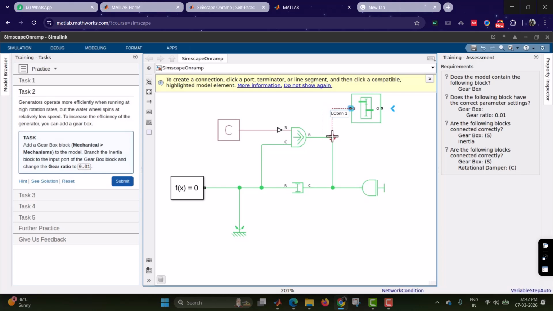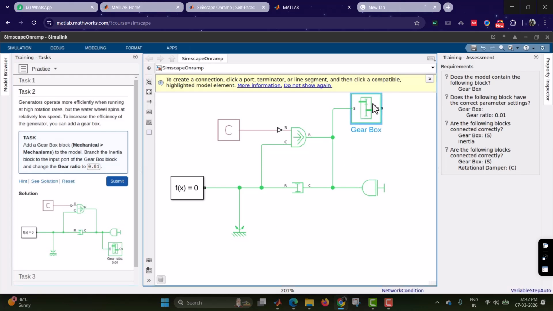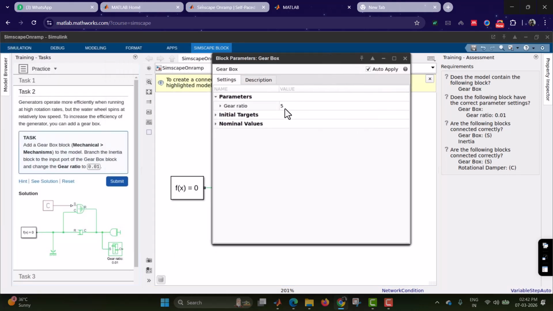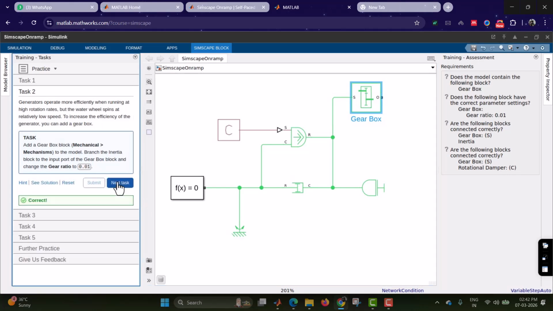Like this you have to connect. If you have any clarification, you can see the solution. Just like this you have to connect, either upside or downside, anything you can connect. Put a gearbox block and change the gearbox ratio to 0.01. Initially it is 0.5, 0.01 you have to set, close, and then submit,